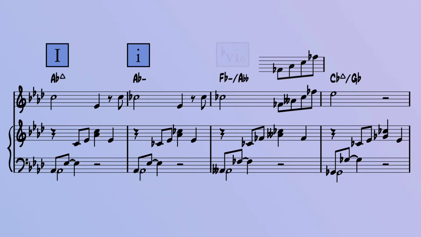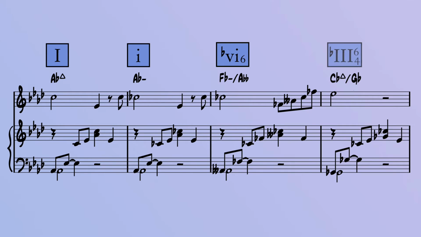F flat minor is a minor flat 6 chord, which is a double chromatic mediant to the underlying A flat major tonality and a chromatic mediant in relation to the adjacent A flat minor harmony. And C flat major is now the flat 3 chord rather than the sharp 2 chord. In relation to A flat major, this is an upward chromatic mediant, but in relation to A flat minor, this is a diatonic chord. In my opinion, this relationship makes more sense because C flat major is the relative major